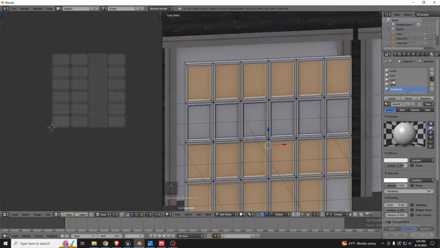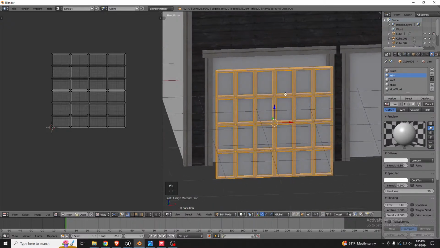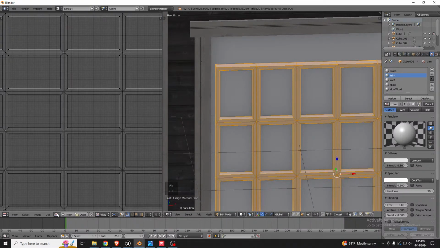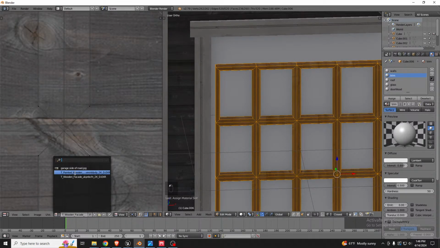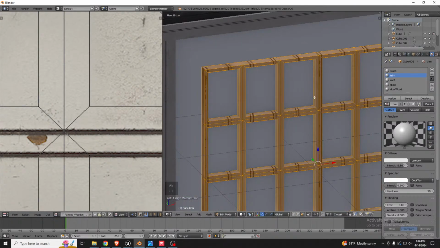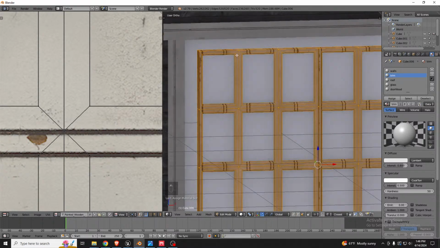Now we want to select the glass, and then once you Control I to invert the selection, I'm going to apply a trim to this, so the trim material. And in here, as you can see right now, if I'm going to apply the wooden facade, actually, it's the other one, the painted wood. See, they're not really well aligned, and sometimes that's what I don't really like about doing insets, because it does